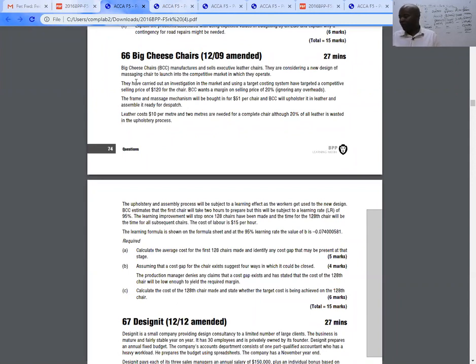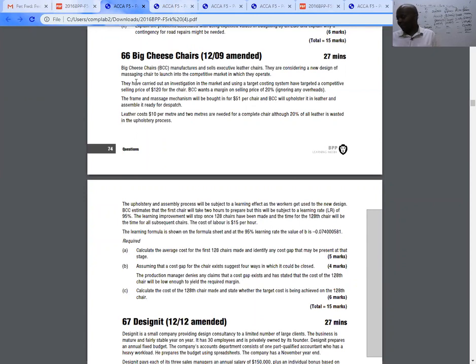The cost of labor is $15 per hour. The learning curve formula is shown on the sheet. You know, ACCA, they don't want you to cram formulas. They always give you the formulas, but in CPA, you have to cram the formulas. So the learning formula is shown on the formula sheet, and at the 95% learning rate, the value they will even give you. So they want us to calculate the average cost for the first 128 chairs made